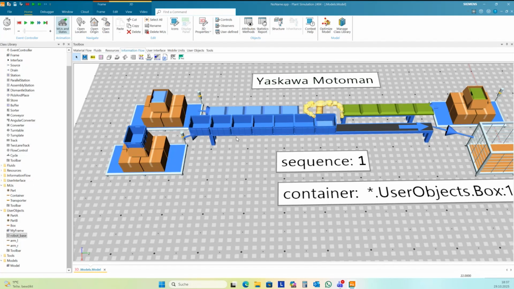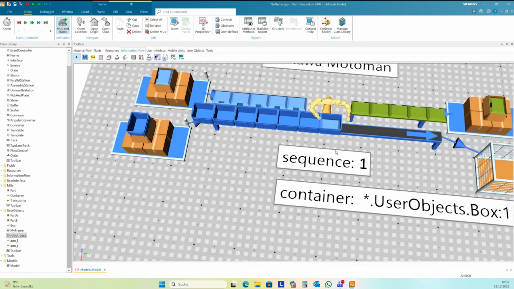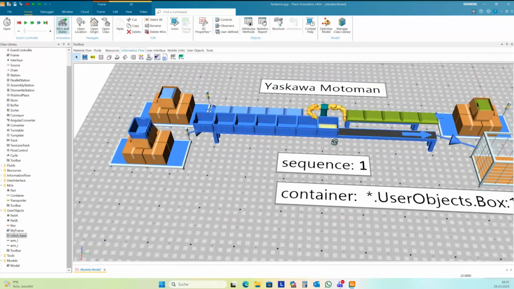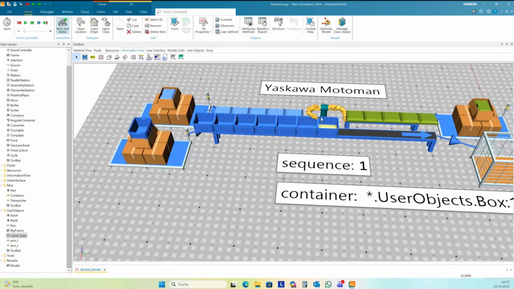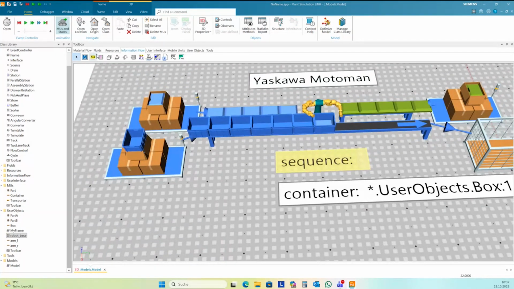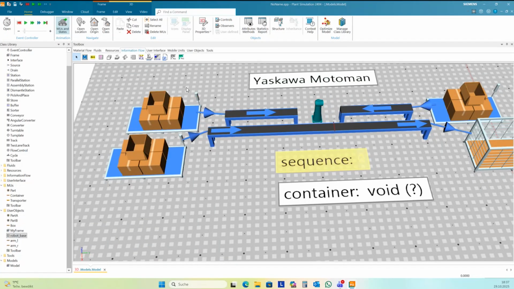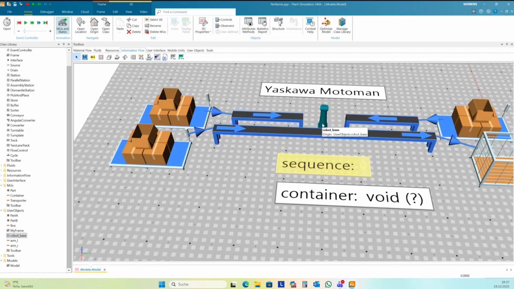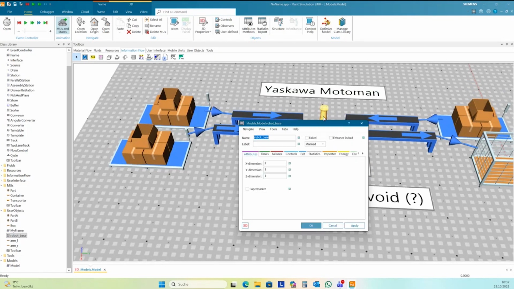Okay. It's inside the box. And this arm is on the right position. Okay, now it's okay. The left arm should do the same.